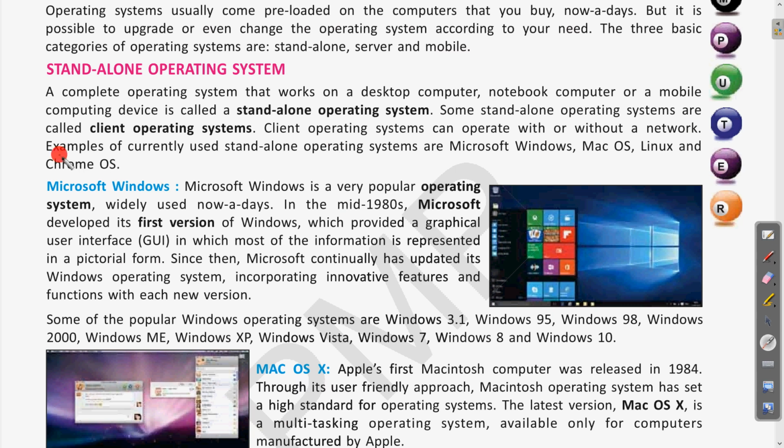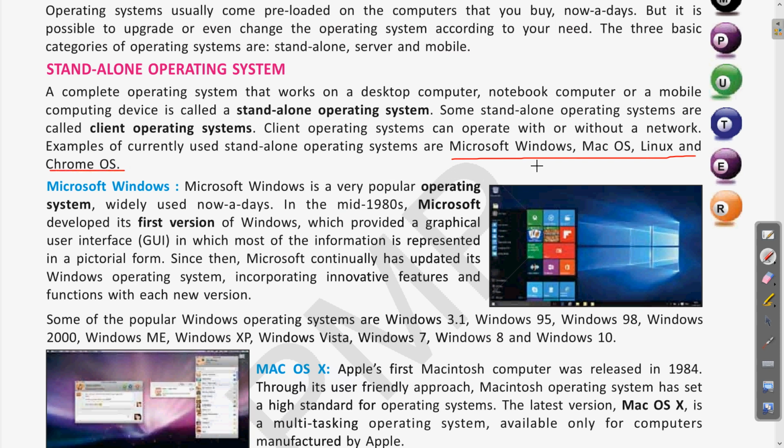So some examples of standalone operating system are Microsoft Windows, Mac OS, Linux and Chrome OS. So these are all examples of what? Examples of standalone operating system. Clear?